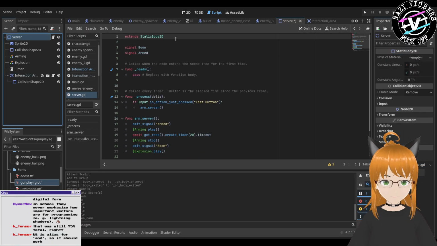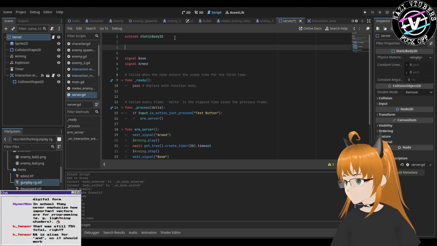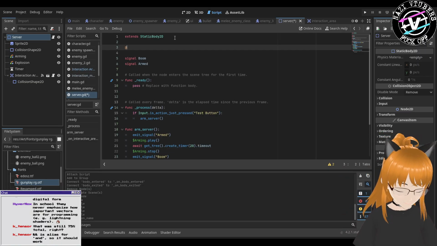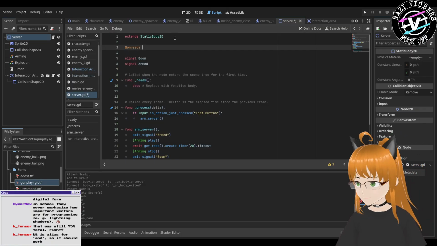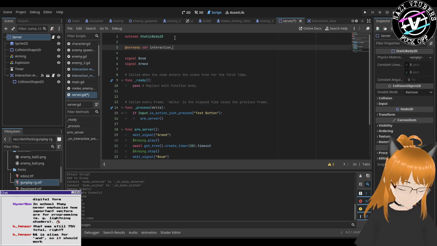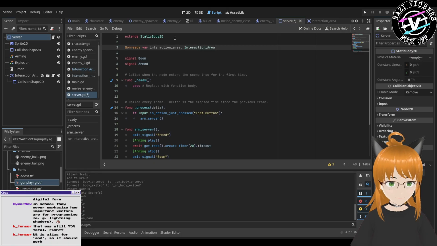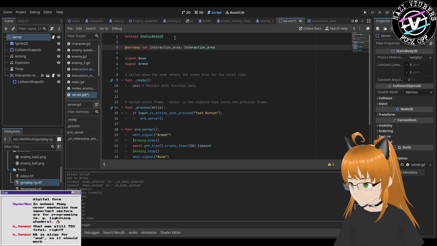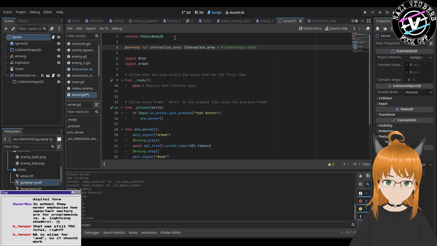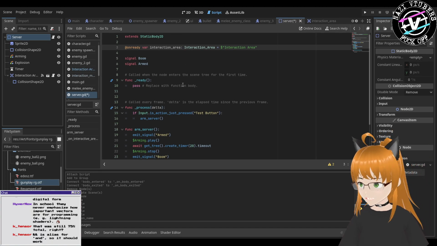Okay, script server. Basically add on ready variable interaction area. Interaction area is interaction area. Probably can rename that, but who cares? So